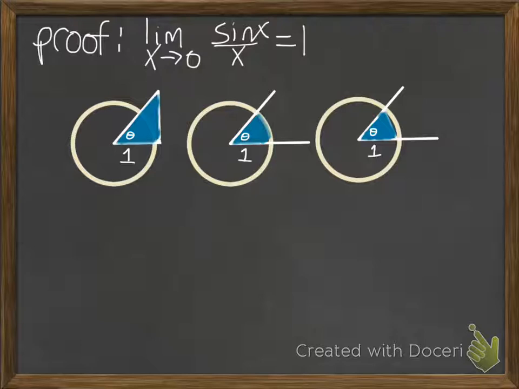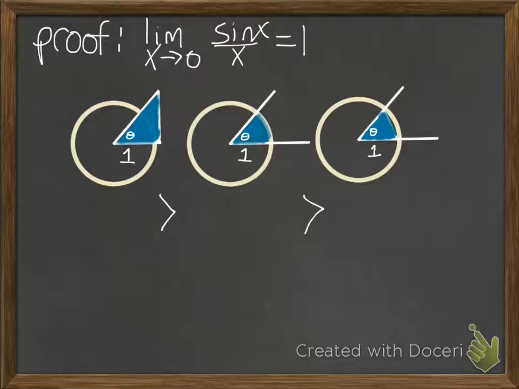So here's how the proof works. We have three areas here shaded in blue, and hopefully you can see because of how they're set up that the areas get progressively smaller. So we can say that that area is greater than the area in the next picture, which is greater than the area in the next picture. Now, what exactly are these areas? Well,